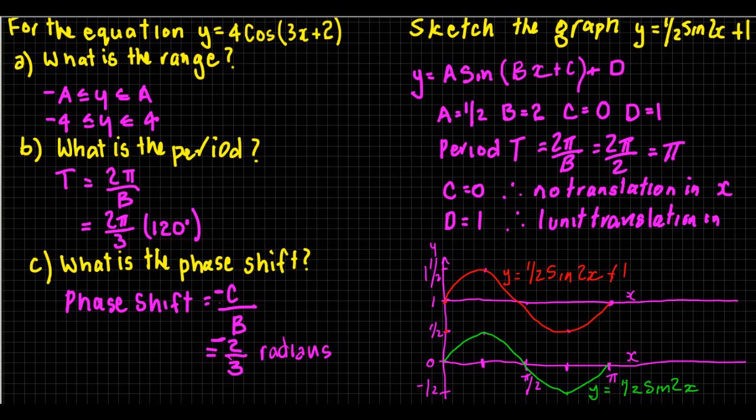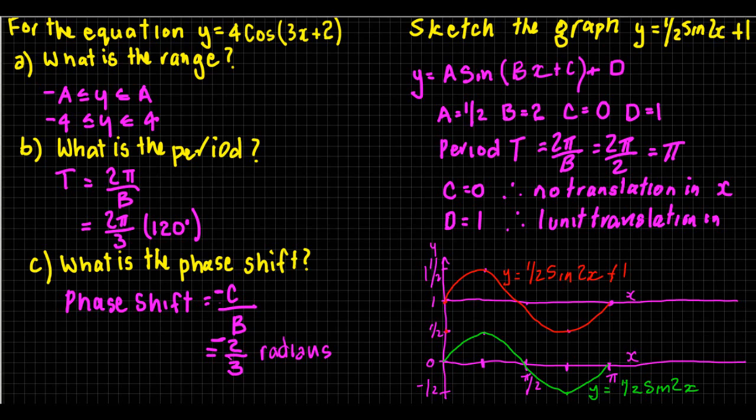c = 0. Therefore, there is no translation in the x direction. d = 1. Therefore, there is a 1 unit translation in y. So, let's have a look at our graph. First of all, we just plot up our graph y = 1/2 sin 2x, and then we just move it up 1 unit to give us y = 1/2 sin 2x + 1, or our 1 unit translation